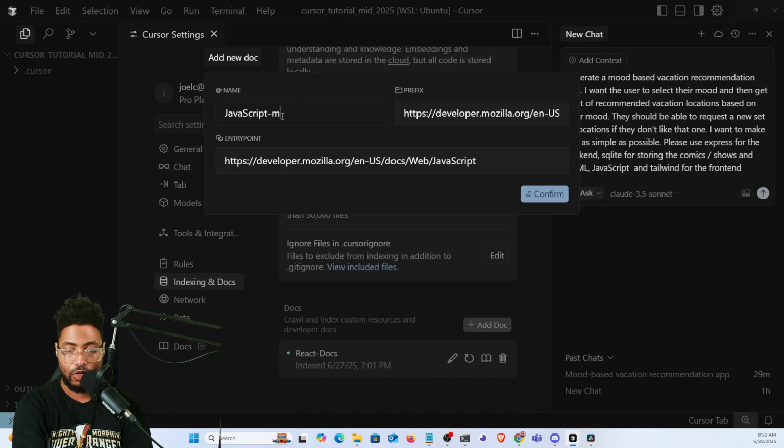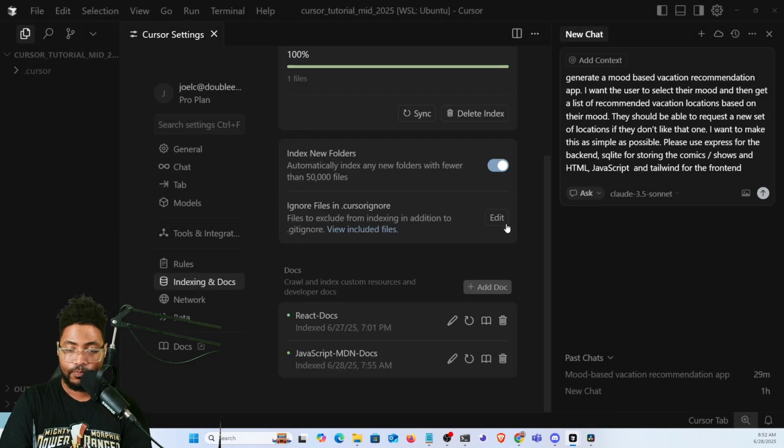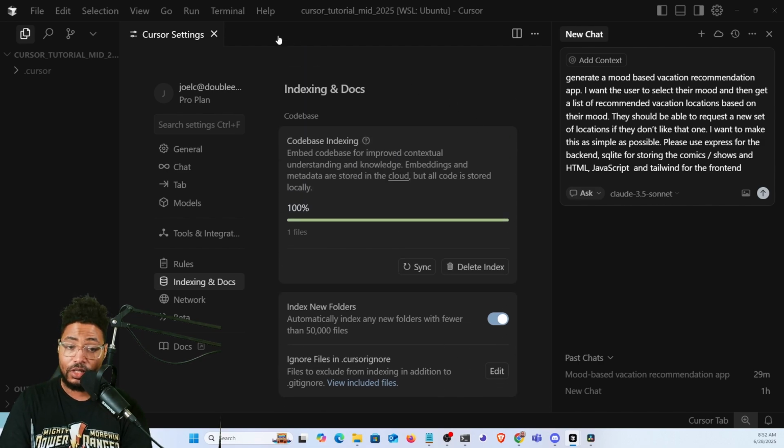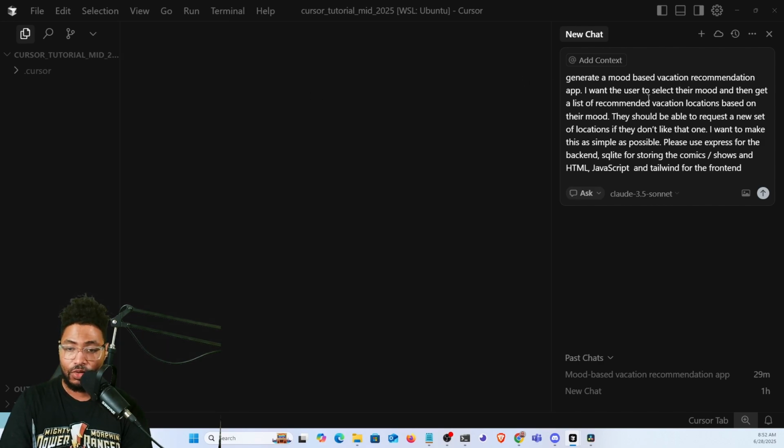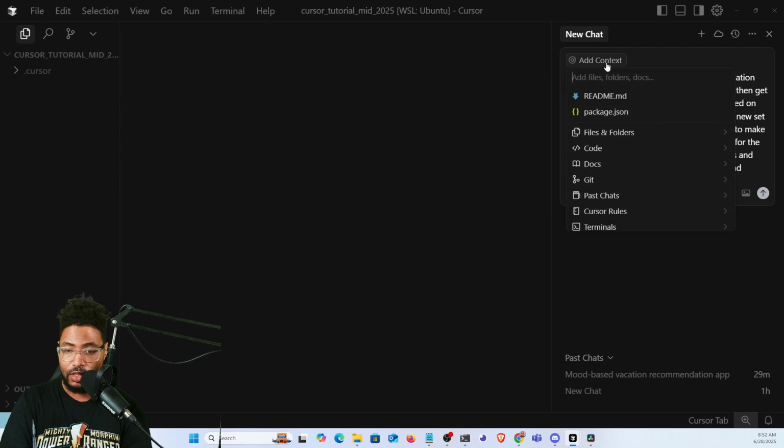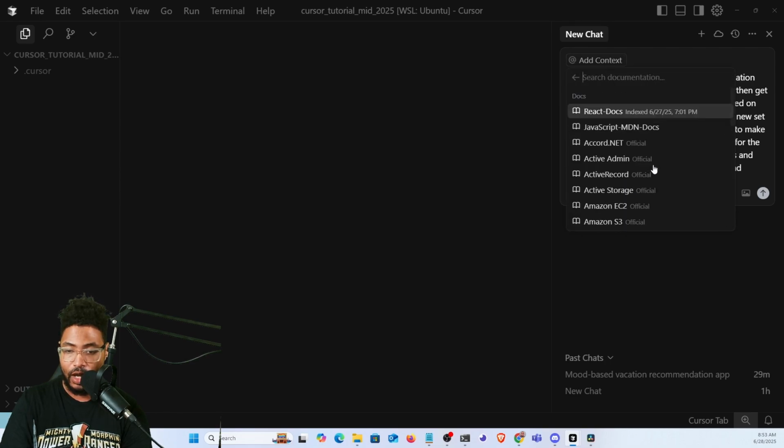So let's say JavaScript MDN docs. We'll go ahead and confirm that. And this has already, again, been indexed as well. So this was indexed today at 7:55 a.m. So it looks like they do a lot of different indexing over time, which is actually very cool. But let's go ahead and say, with the context that we have now inside of the documentation of